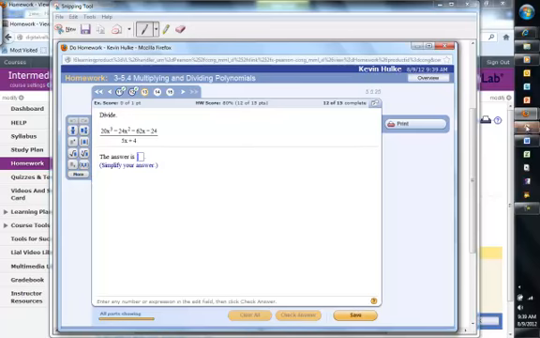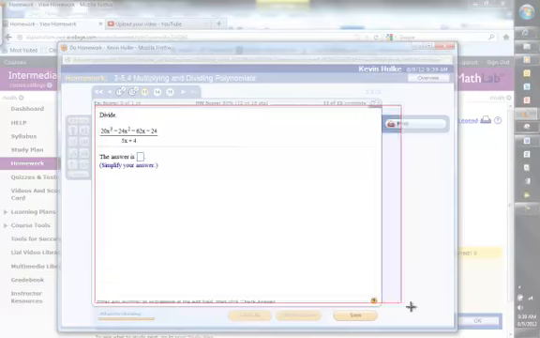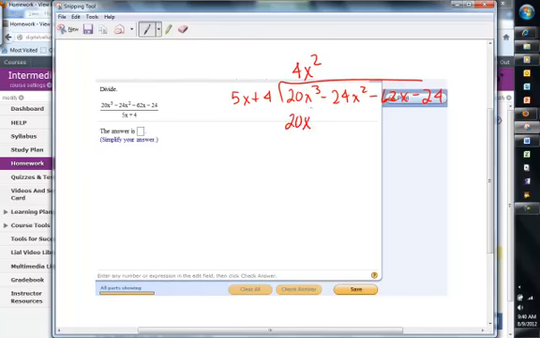Number 13, another long division. 5x plus 4 goes into 20x cubed minus 24x squared minus 62x minus 24. 5 goes into 20 4 times, and we need it to be 4x squared. 4x squared times 5x is 20x cubed. 4x squared times 4 is 16x squared. Change the signs. These go away, and we have negative